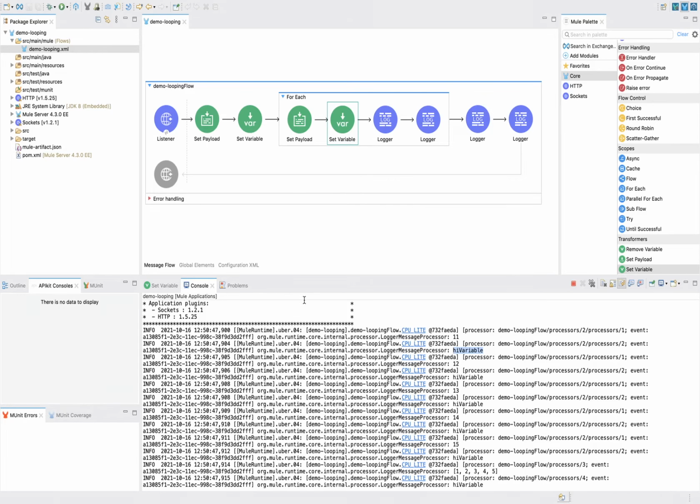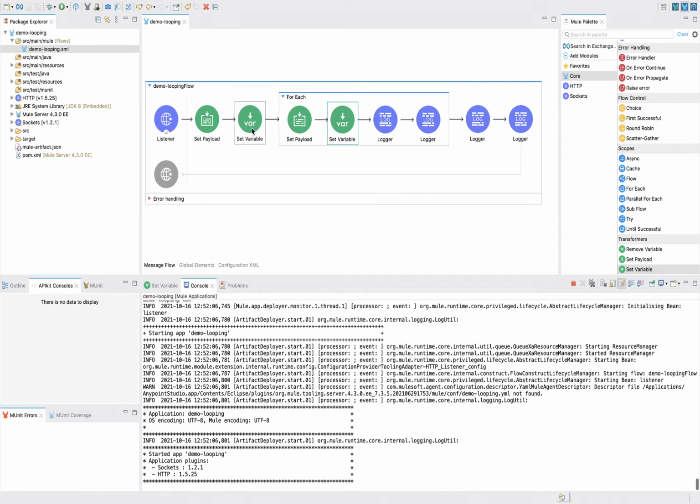They will ask questions like: we set some variable here, if we change the variable inside for each, then what will be the value of that variable after for each? Same in parallel for each, if we change it here, then what will be the value after this? That kind of question they will ask.